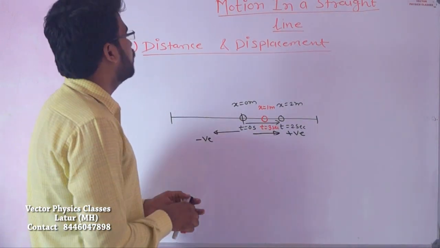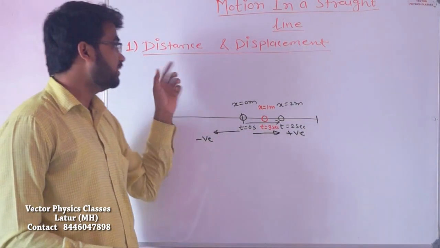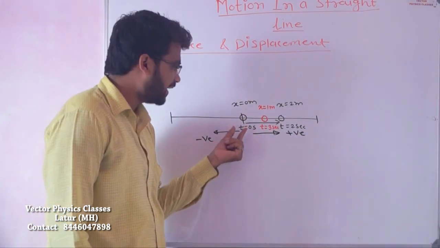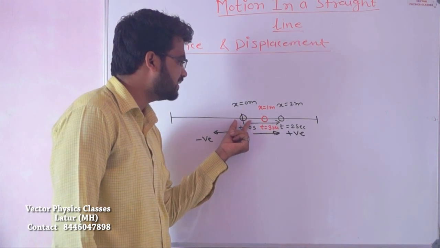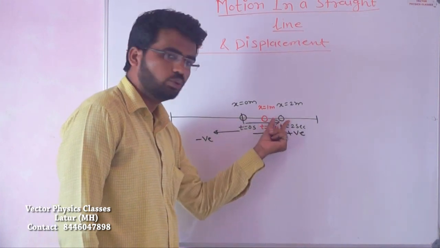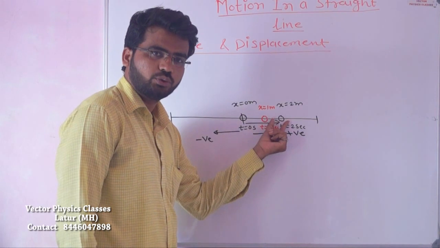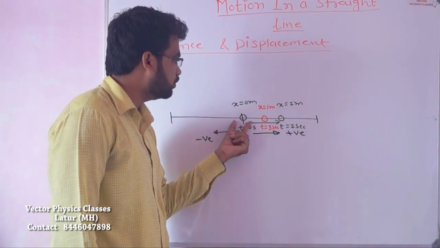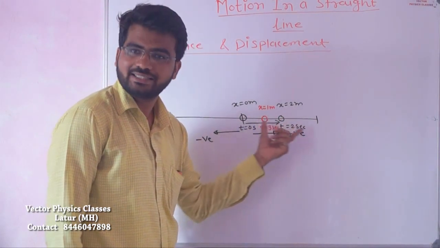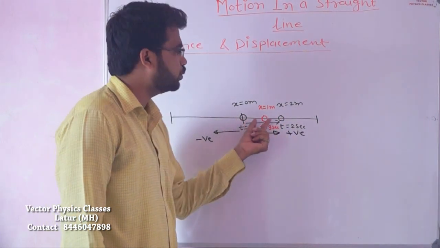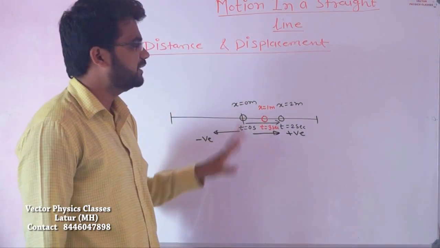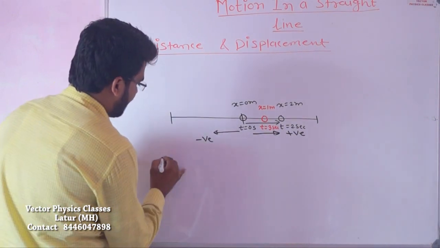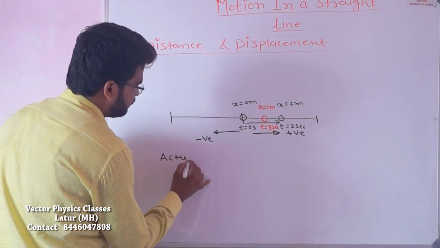Now see, what is distance? Distance is actually actual path traveled by an object. Now in this case, actual path traveled by an object is x is equal to 0 to x is equal to 2, and then x is equal to 2 to x is equal to 1 meter, right? So x is equal to 0 to x is equal to 2 means 2 meter is the distance, and x is equal to 2 to x is equal to 1 means 1 meter is the distance. So actual path traveled,